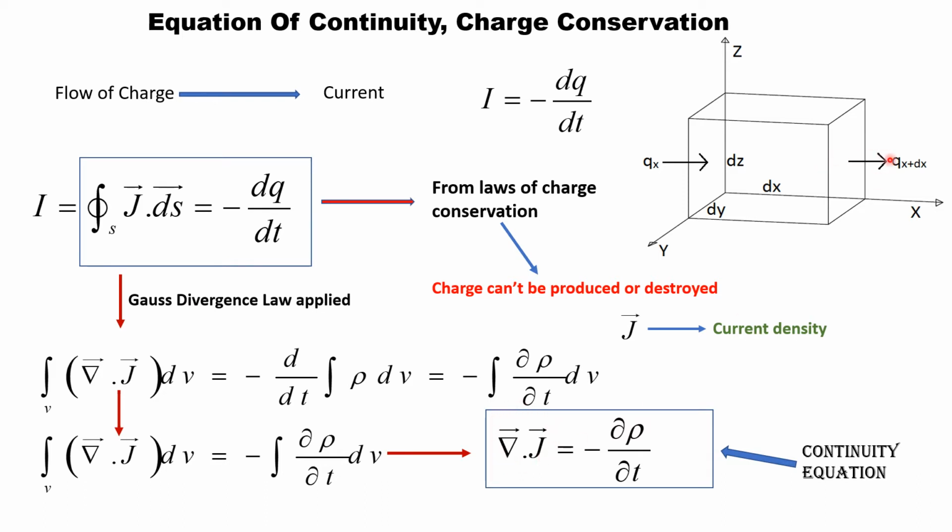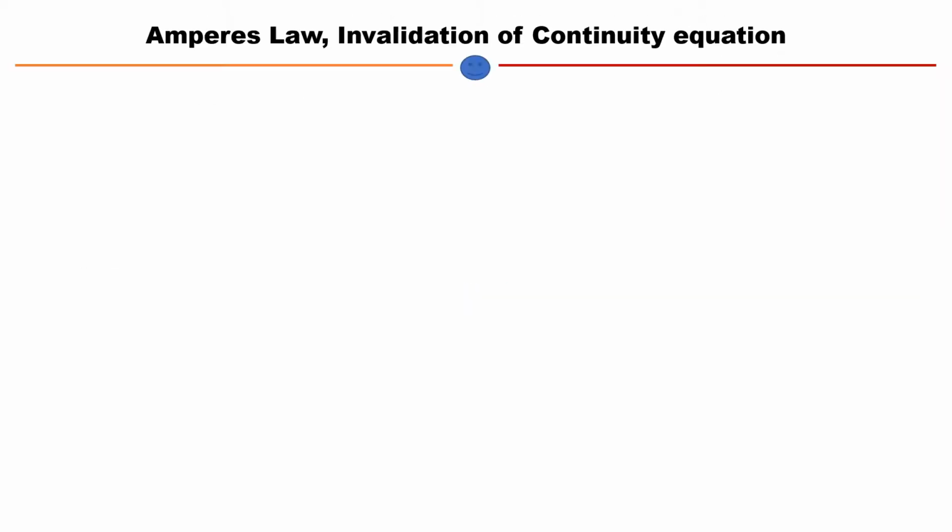The divergence is associated with the outflow of any quantity. Here, the amount of charge going out from the surface is the divergence of J, and the minus sign is included because that amount is going out and it is associated with the physical quantity of charge. The time rate of change of charge can be equated with the divergence of J, the local measure of the outgoingness of the current density, and this is our equation of continuity, which is a prerequisite for Maxwell's fourth equation. Let's see how we utilize this equation.